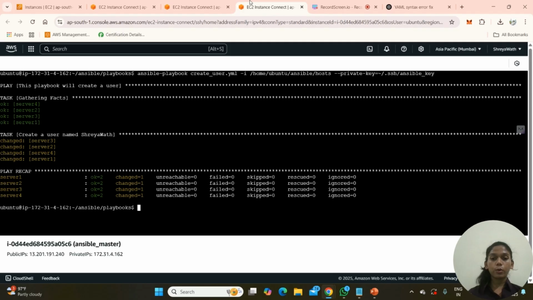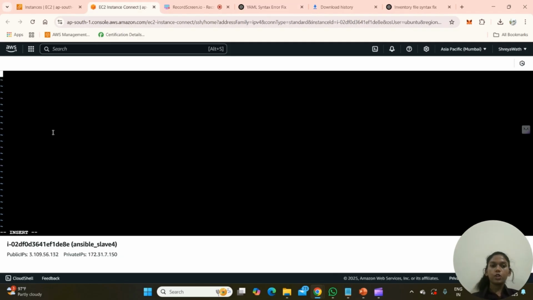Now what this third playbook will be doing is installing Docker onto all our slave nodes. So that we don't have to do it individually, you can automate the installation of Docker. So for that, let's write a playbook now. Use the command vim install_docker.yaml and hit enter. I've already created this playbook. I'll make you understand the aspect of every element mentioned in the playbook.